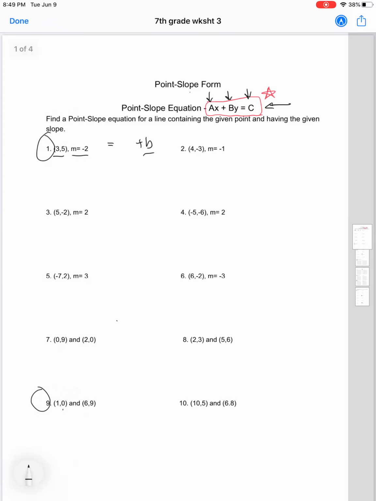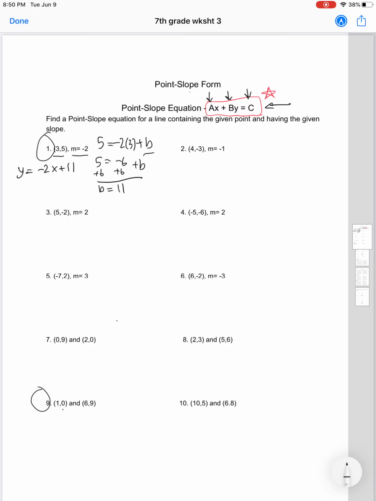and because we know what m is, -2 times x, which is 3, equal to 5, because that's y. -6 equals 5 plus b, add 6 on both sides, you get b is equal to 11. Now with that information, we can write y equals -2x plus 11, because b is 11 and m is